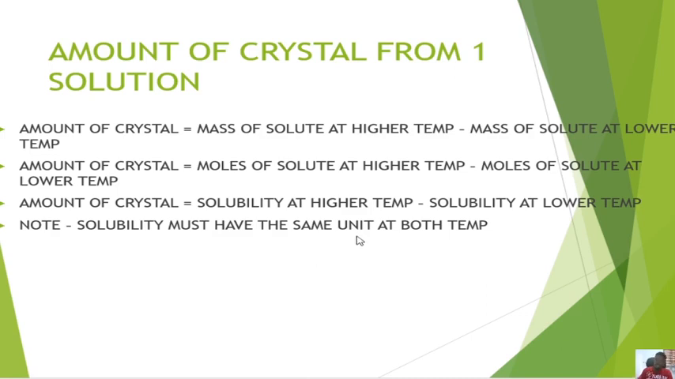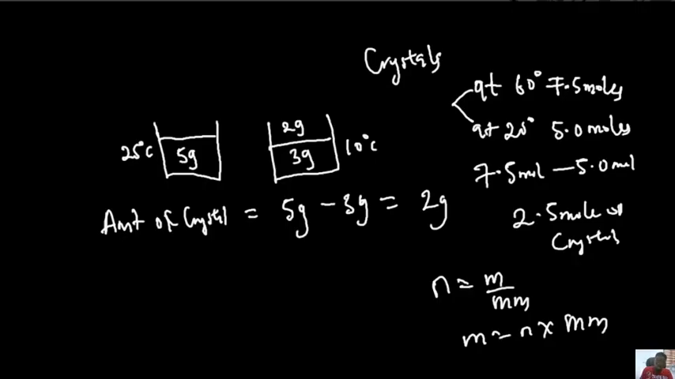Now, if you are giving solubility, still do solubility at higher temperature minus solubility at lower temperature. But mind you, the solubility must have the same units at both temperatures. So if I give you a question and say that the solubility of a salt is, let's say, 2 grams per 100 grams